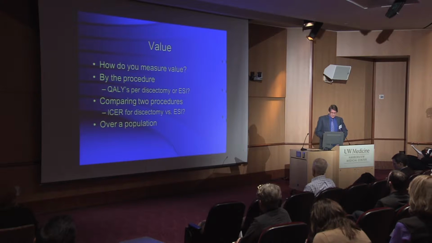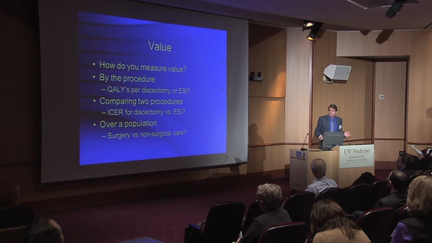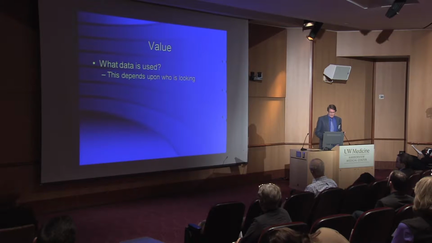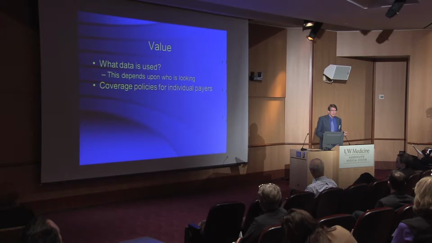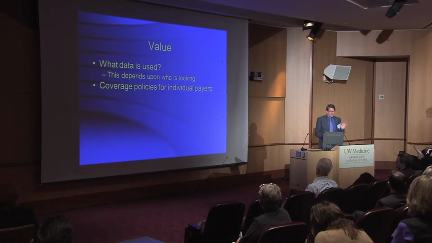You can take this a step farther and look at things over a population and say, I'm not going to so much worry about all these individual procedures and what people are doing. What I'm really worried about is how my population is doing. And then you get into questions of surgical versus non-surgical care on the whole, which is a very different perspective. And these numbers all change as you go through that. So when you think about this again, what data is used for these calculations? It really, once again, depends upon who is looking. These things get twisted. I used to think, when I started in this value stuff a number of years ago, but boy, the more you read, the more you see things are sort of twisted and distorted a bit depending on who is writing and who is talking about it.